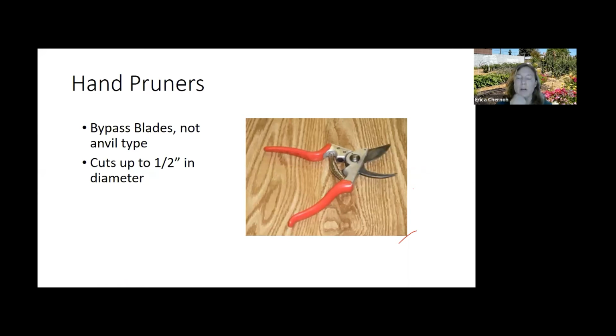But typically what you're going to have is some type of hand pruner. So you do want to get the bypass blades, and that's what you see in this photo here. The anvil pruners are really for cutting dead wood. They tend to cut through tissue like a knife cuts through butter, so it's not necessarily a smooth cut. It kind of crushes some of that tissue within the shoot. So you don't want to use anvil blades on anything that you want to maintain well. I always joke they're good to go cut your blackberries down with, because you probably don't care if you're making clean cuts